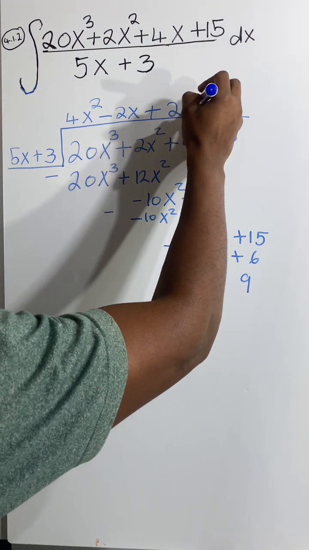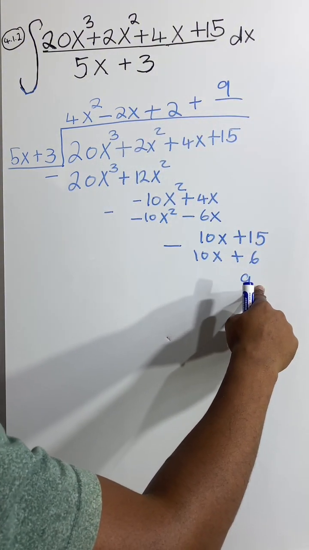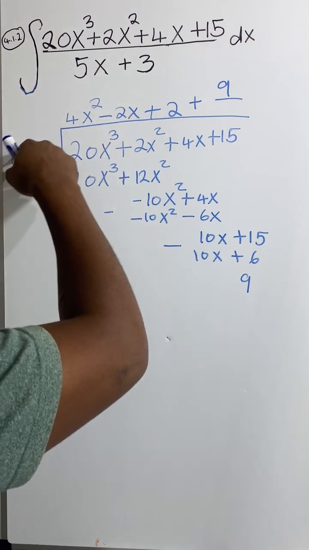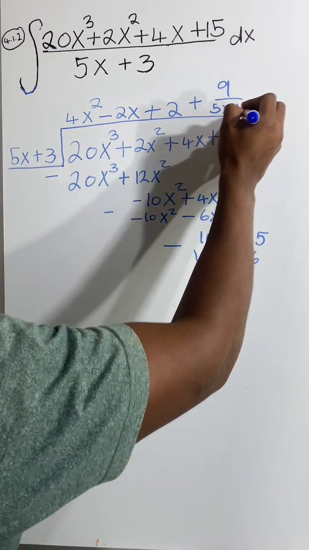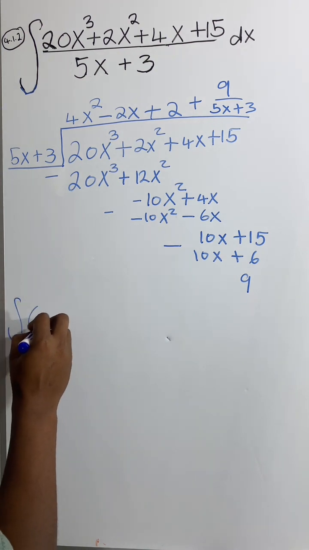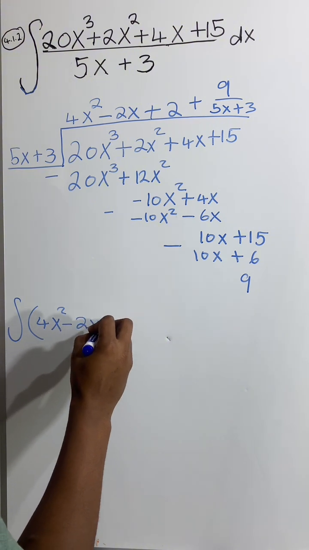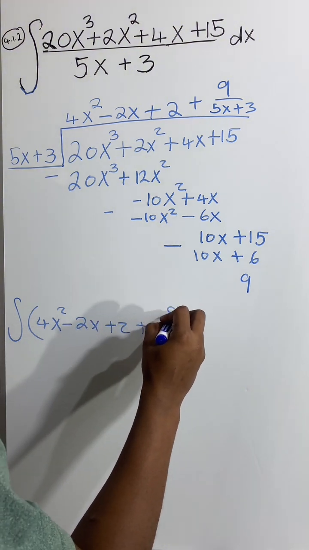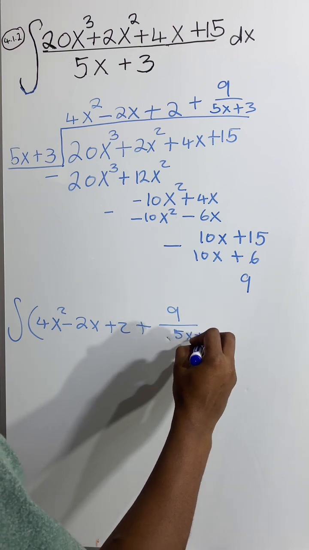From here we take this 9. Since it doesn't have an x to pair it with, we divide it by the denominator, 5x plus 3, and our integral becomes the integral of 4x squared minus 2x plus 2 plus 9 over 5x plus 3